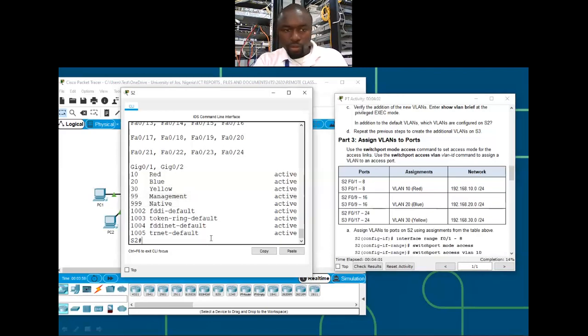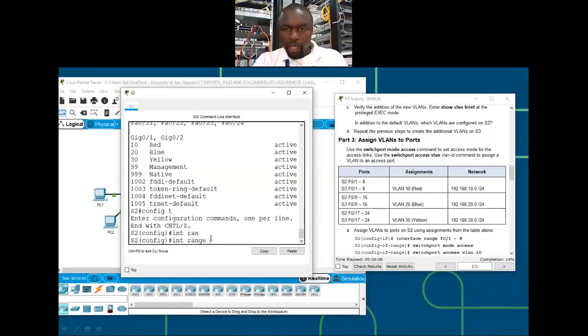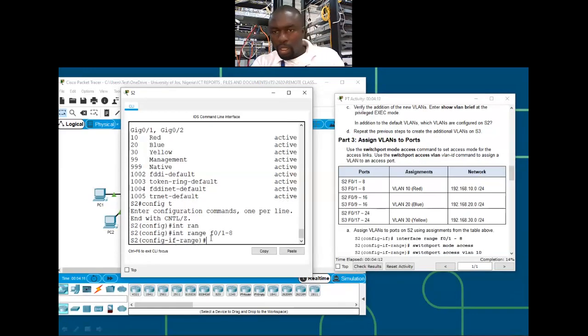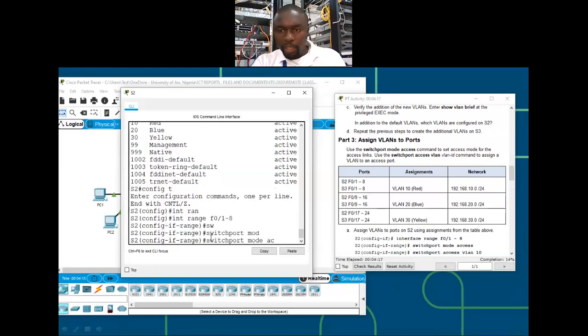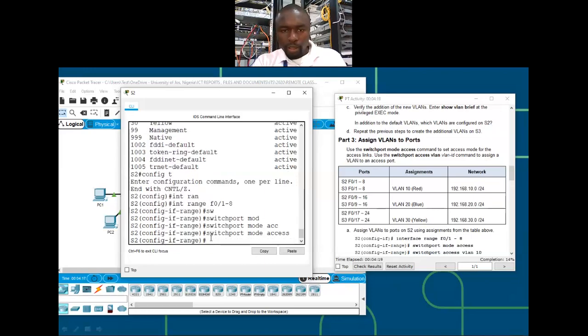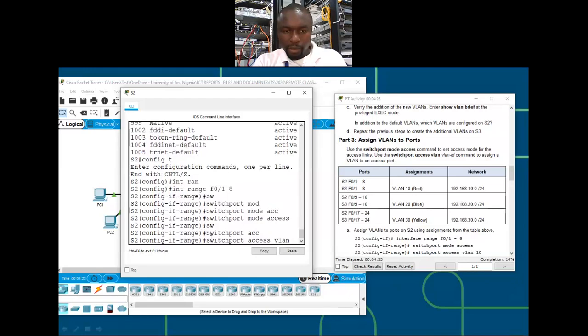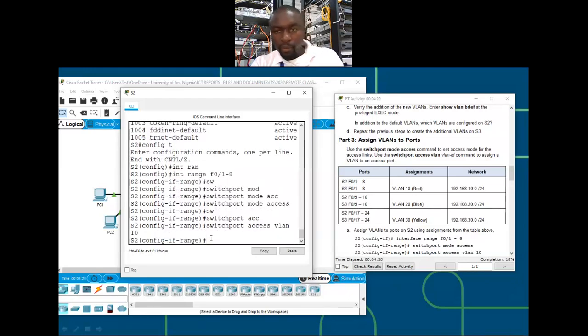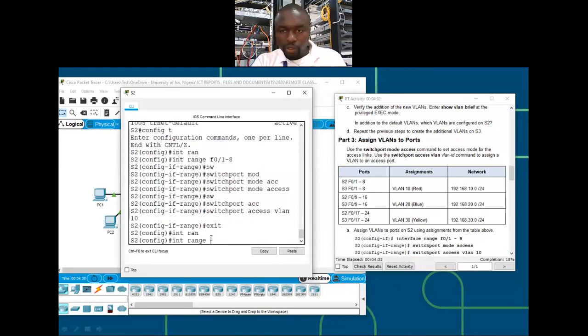Switch 2, interface range F0/1 to 8. Switchport mode access, right? Switchport access VLAN 10. Okay, we are on switch 2. Then exit. Then interface range